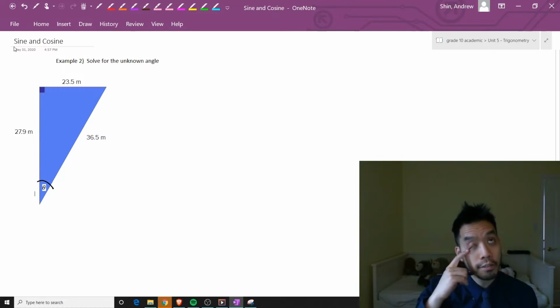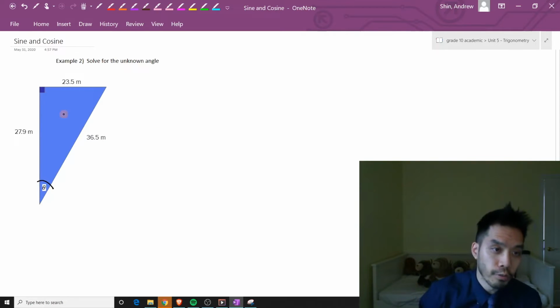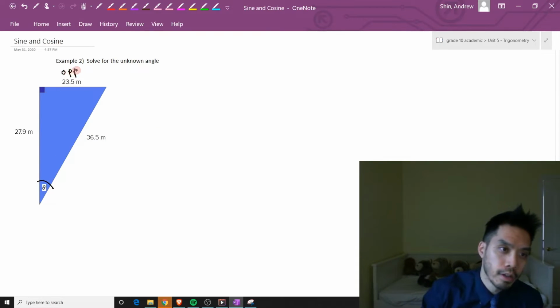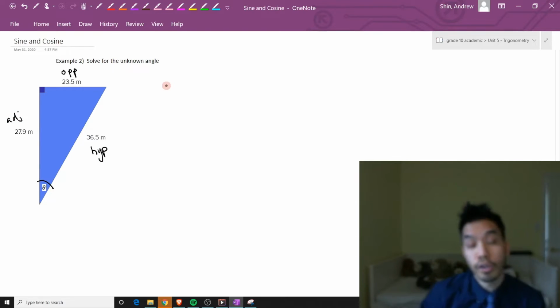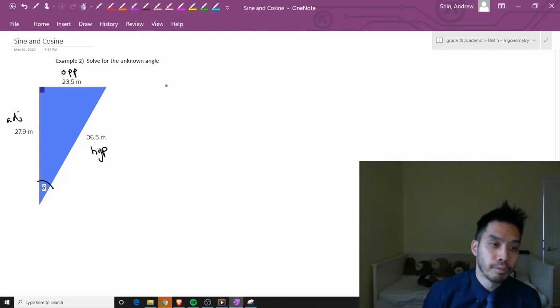Step 2 is to identify the sides that you've been given. So across from our focus angle, this one's going to be my opposite. Across from my 90-degree symbol is going to be my hypotenuse. And the last side is going to be the adjacent. And now we have to determine which primary trig ratio we want to use. In this case, if we write down SOHCAHTOA,